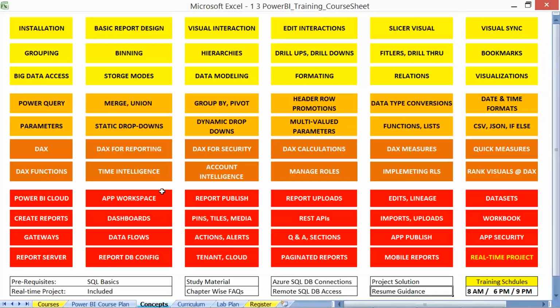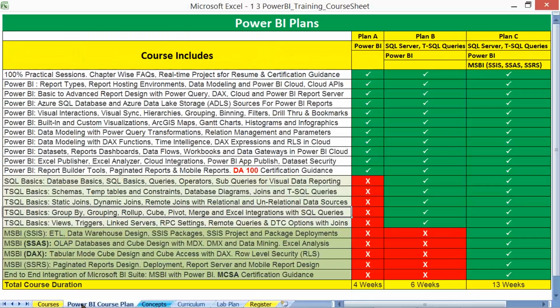It's completely practice based. And you may plan for either only core Power BI with DA-100, Data Analyst 100, the new certification for Power BI from Microsoft. The complete guidance will be provided.